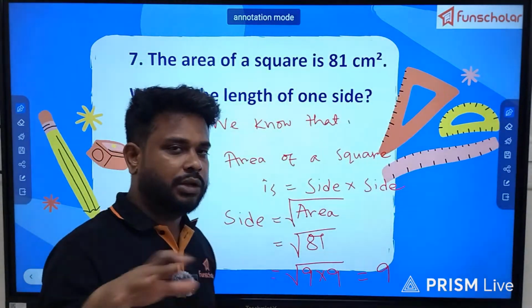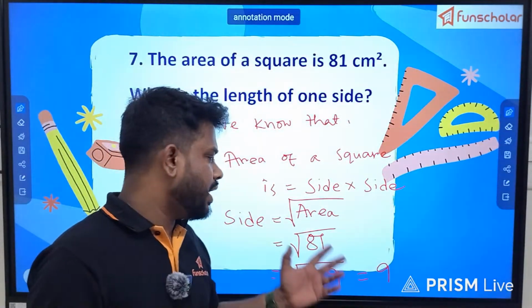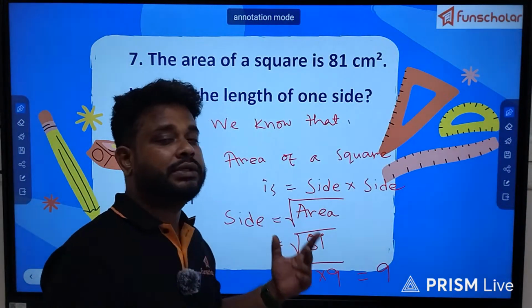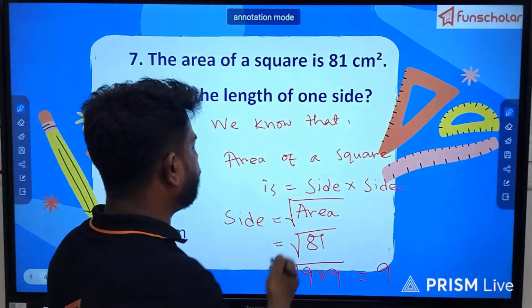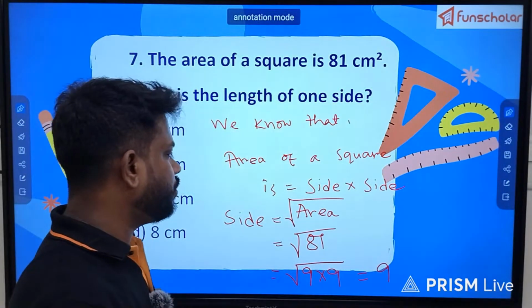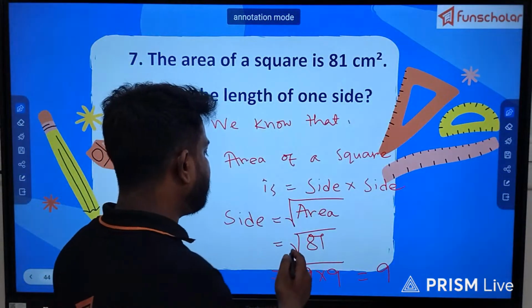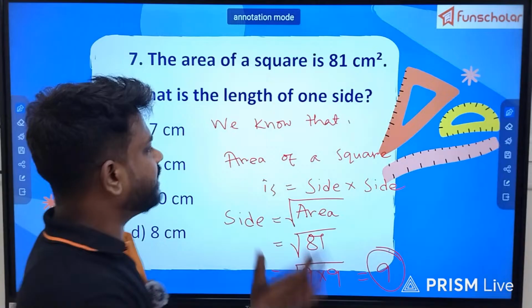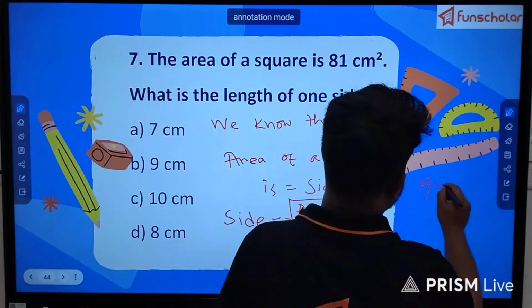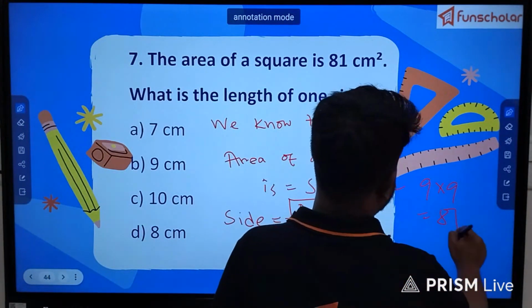Then you will learn how square roots work and why. You guys just keep in mind that 81 is equal to 9 into 9, and from this we can tell that the side of the square will be 9. Okay, you can reverse check this by multiplying 9 into 9, and we know that the answer will be